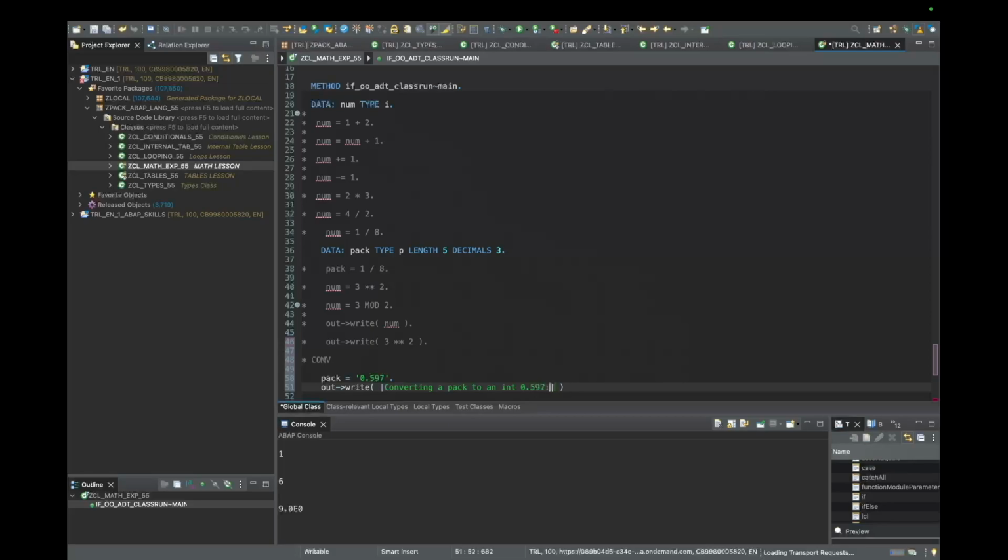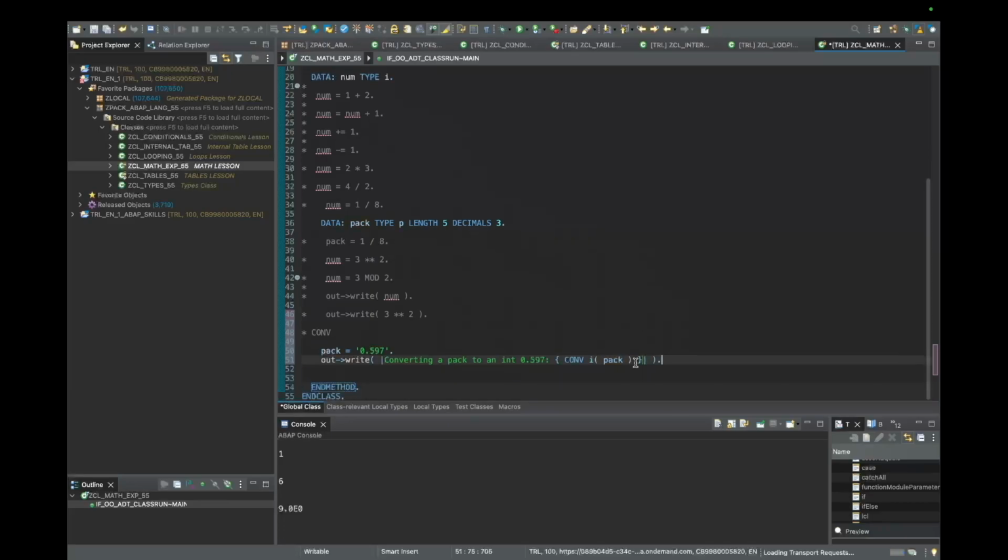And then after that, we'll have the actual result. And the result should be conv, that's conversion. And then what do we want to convert to? I want to convert it to an integer, and then wrap what we want to convert, pack. Okay, let's put a period at the end of this,